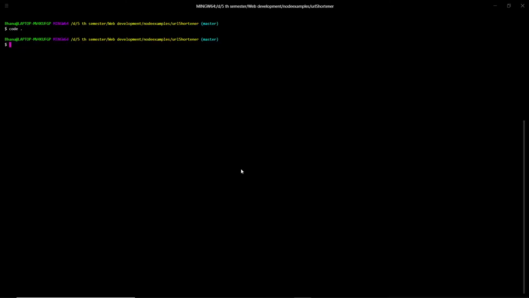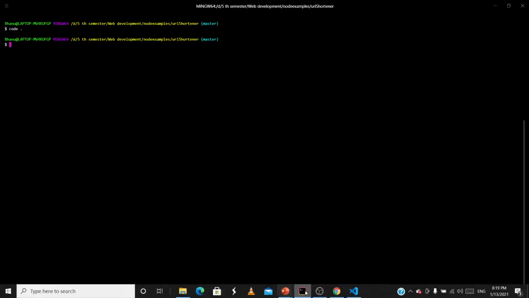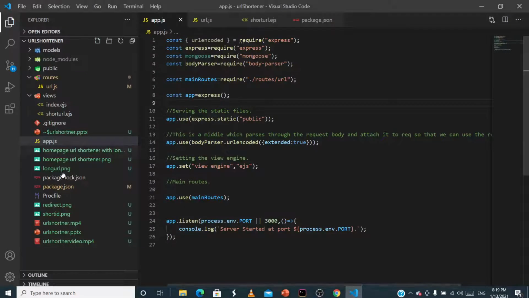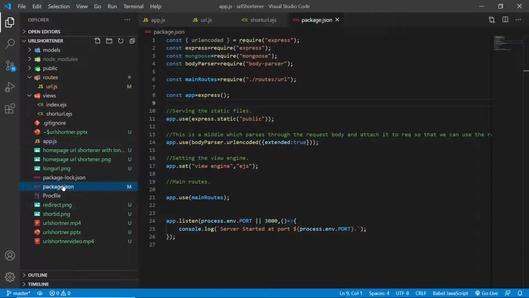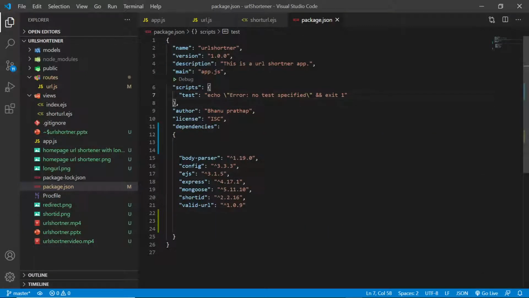After that, these are our dependencies. You have to install all these dependencies: body-parser, config, EJS, express, mongoose, shortid, valid-url.